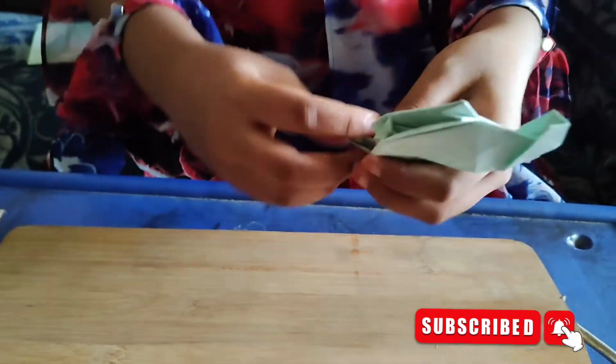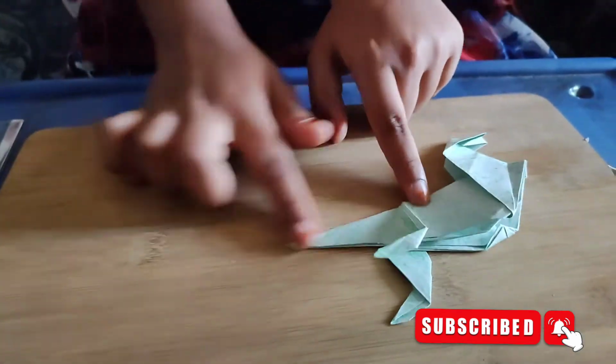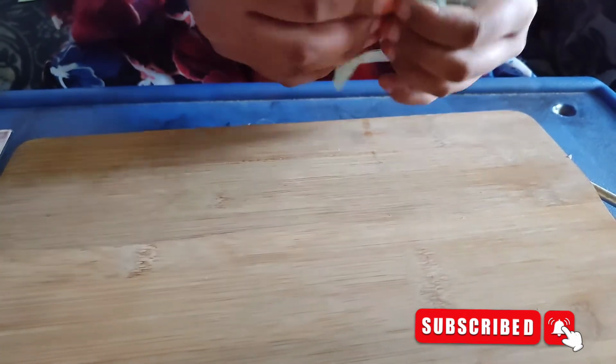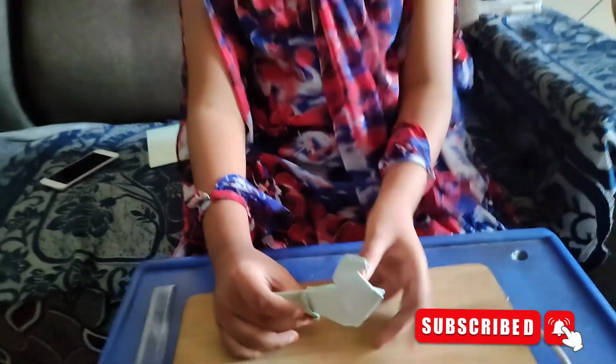Just like this. And now if you try to flip it again, which is the right side, it's going to stand a little bit. Well, if you really want it to stand, that's going to be a little bit tricky, and so that's why it's best we do a normal thing. So our